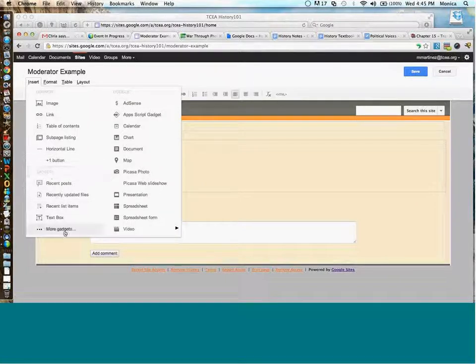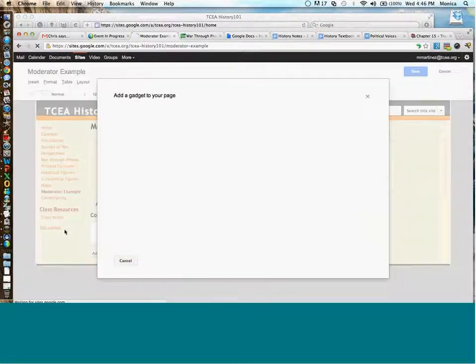I'm going to go to search, and because Google Moderator is not one of my basic options, as you see here, you see the calendar. That's how I brought in the calendar. That's how I brought in those class notes. The map, that's how I brought in the map earlier, and the spreadsheet, etc., and the videos. But you don't see one for Google Moderator, so I actually have to go to More Gadgets,